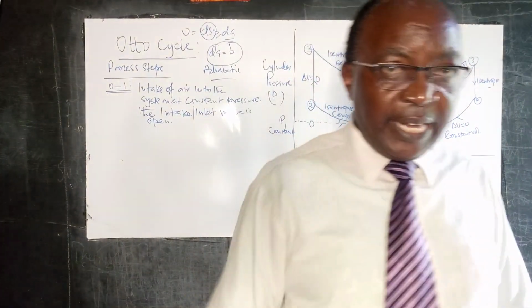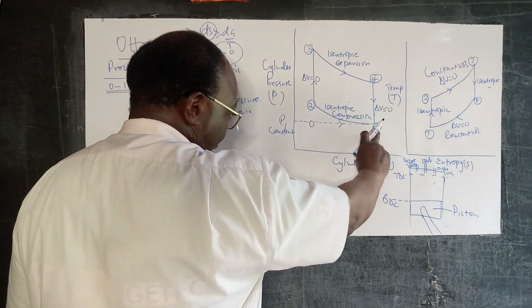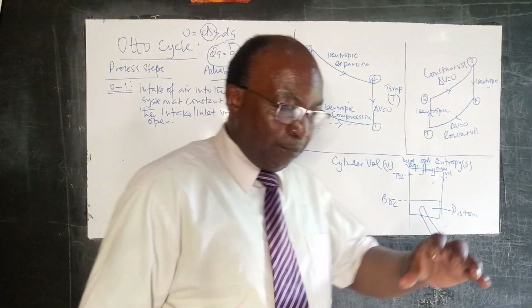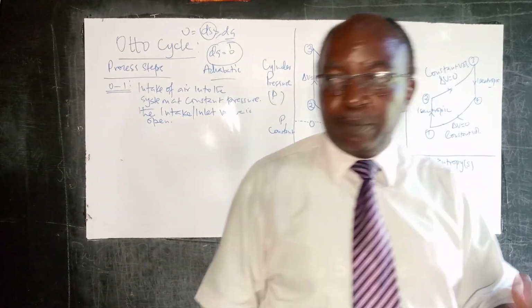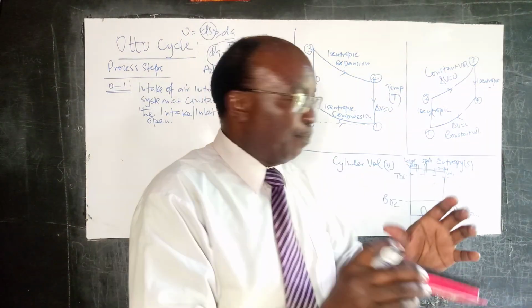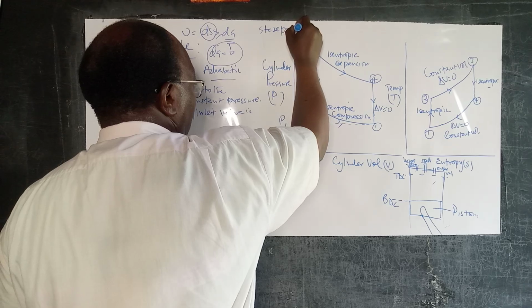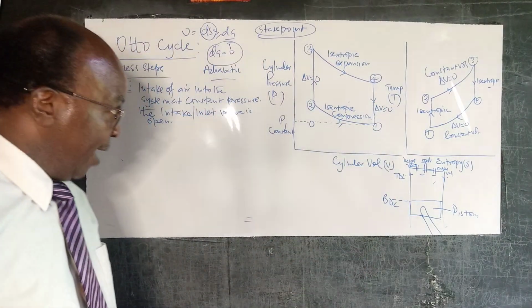Now, let us look at the next step. At state point 1, that's a position described by thermodynamic variables, whether it's pressure, volume, temperature. So we normally call it state point. So at state point 1, we have